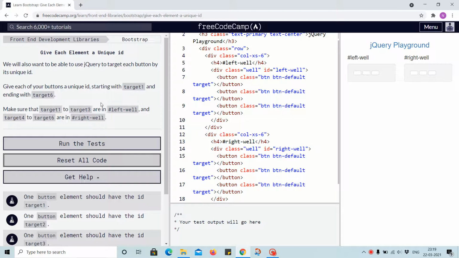Give each element a unique ID. We will also want to be able to use jQuery to target each button by its unique ID. Give each of your buttons a unique ID starting with target1 and ending with target6. Make sure that target1 to target3 are in the left well and target4 to target6 are in the right well. In that case, we will need to define ID equal to target